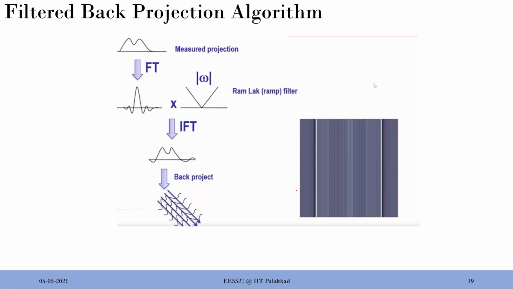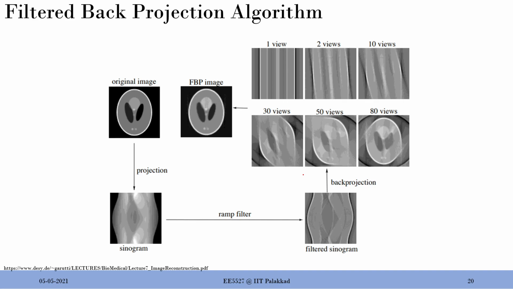So just to again reiterate it, the importance of this algorithm is, instead of doing a simple mean filtering or anything similar to that, what we do is, we take the Fourier transform of each and every angle from the measured projection or the sinogram matrix. You multiply that with a filter, you take the inverse Fourier transform, and then you back project each and every angle and then sum them up, you get a better result. Okay, so that's filtered back projection.